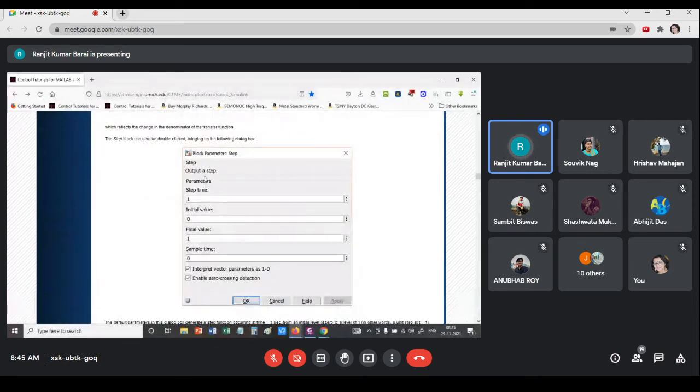So these menus will appear: step time, the time at which the step input rises. By default it is 1 second. So at 1 second it will go up, and the final value will be 1, so it is a unit step. You can make it 10, so it will be 10 volt or something.